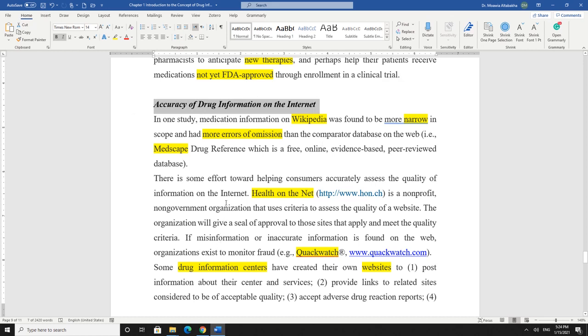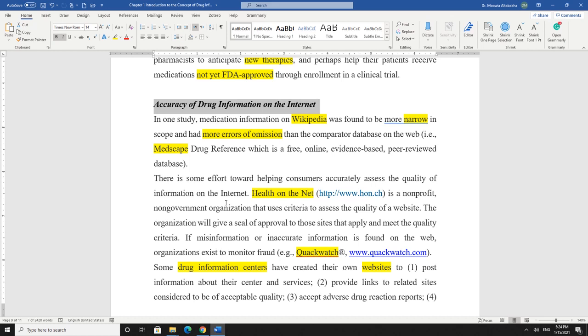Now, accuracy of drug information on the internet. As I told you previously, when you search the internet and you find drug information, always consider the information false. Pay attention, again and again and again: false until proven what? Accurate. Now, we have Wikipedia, of course. It's very famous. I like it personally. But a study found that